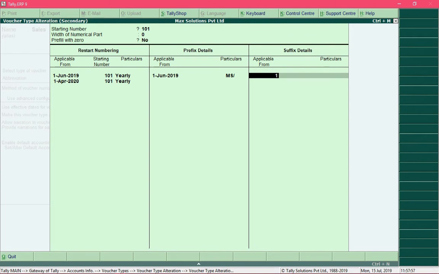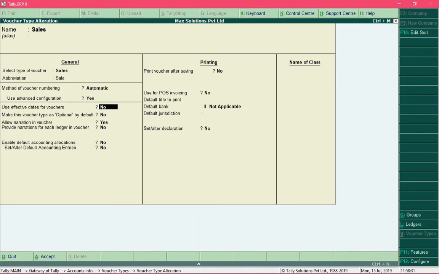So I want the suffix to be applicable from the 1st of June 2019, and the suffix should contain the financial year information, and from 1st April 2020 onwards the suffix should change to the new financial year information like this. So I have entered all the required details, and I will press Ctrl A to save those details, and press Ctrl A again